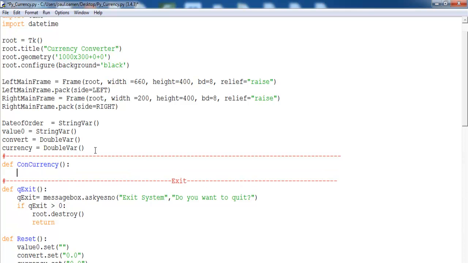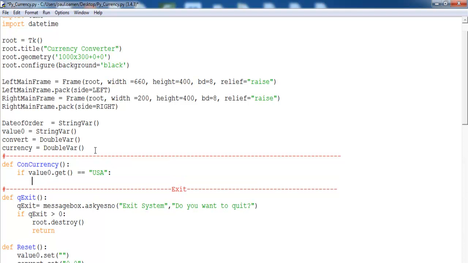So using an if statement, if value 0 dot get equals, let's say, the user selected USA, then